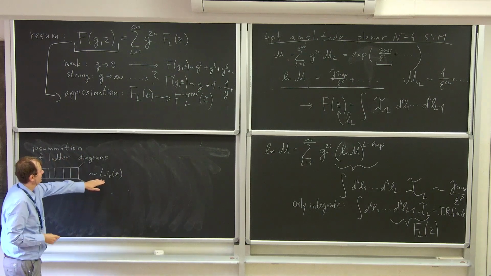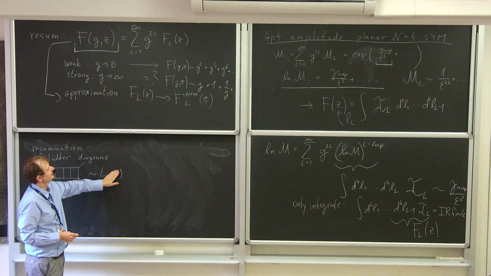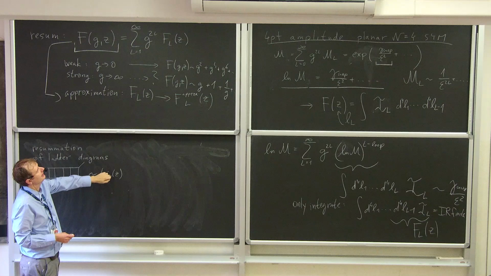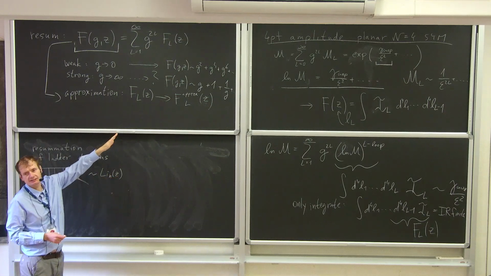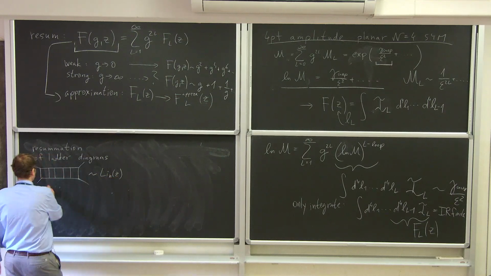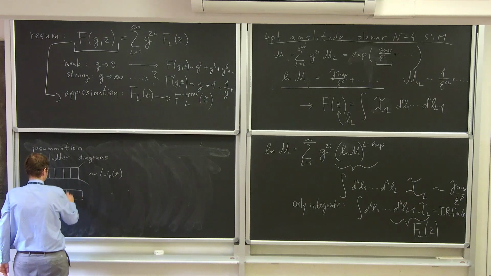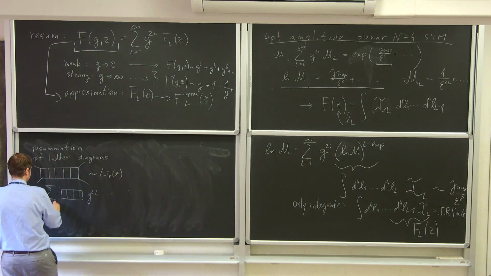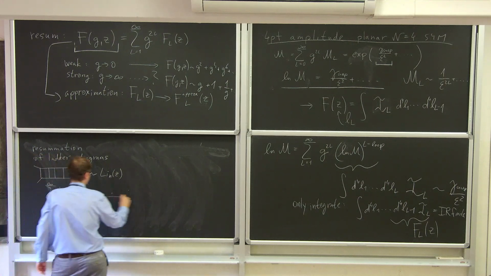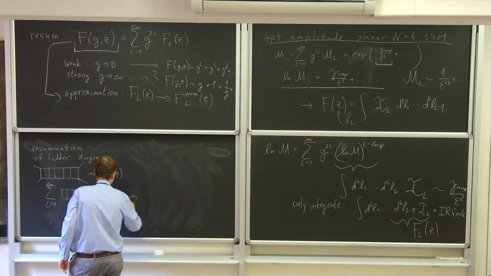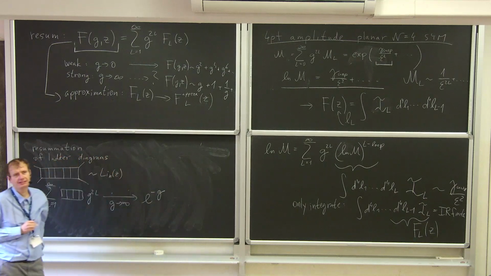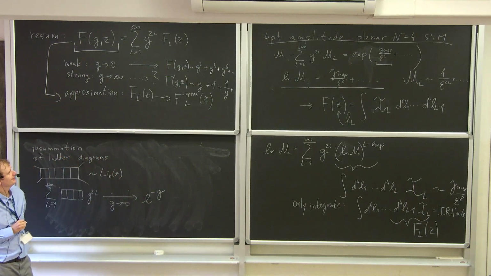But we are not really interested so much in the kinematical part here, because as a function of kinematics it would be more complicated, but we just want to see how it scales with G. And if you resum these ladder integrals, you multiply them by the coupling and resum from 1 to infinity, then at strong coupling they go like e to the minus G. Which is kind of very bad. It seems that the approximation is extremely bad,